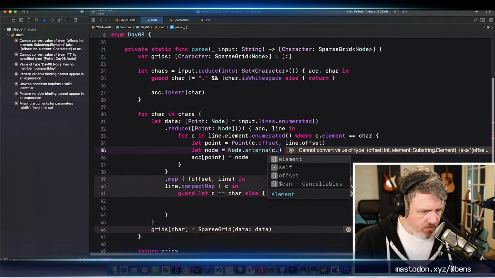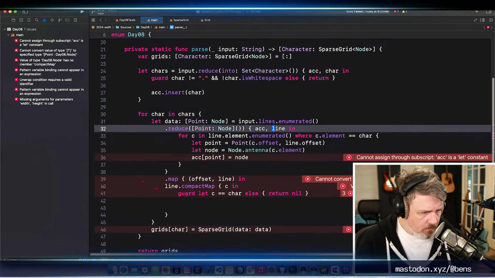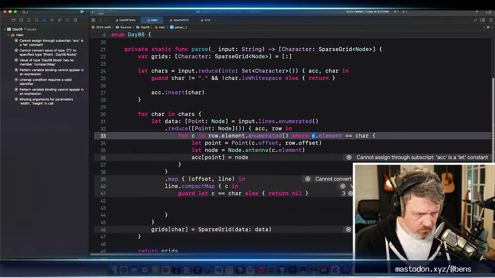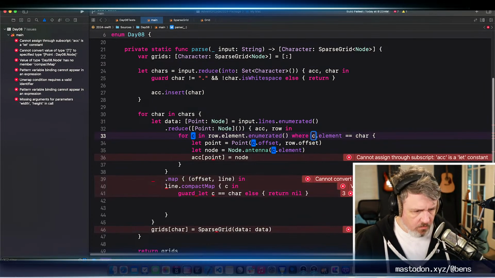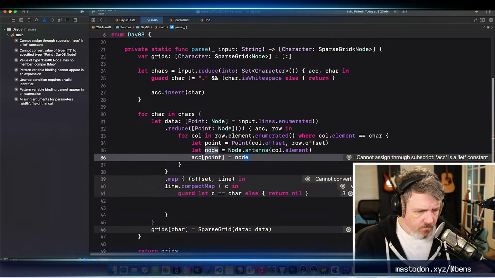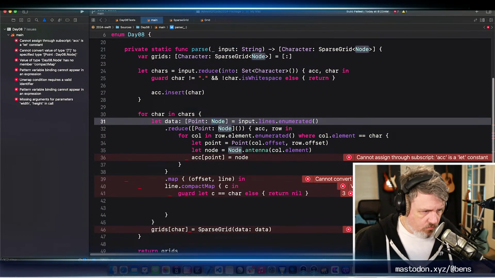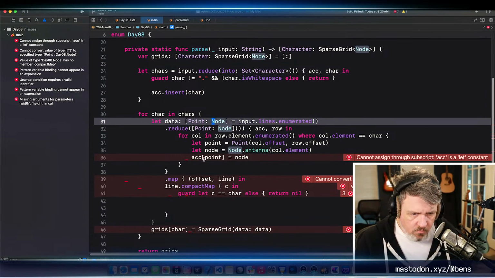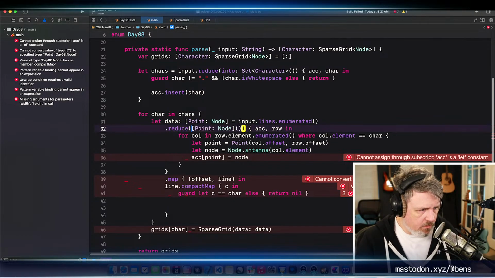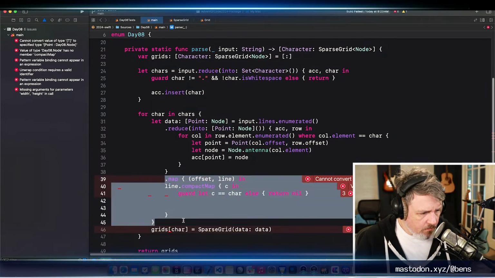This needs to be c.element. I think I'm going to call this row. And then I'm going to call c column. That needs to be into. Don't need any of this.